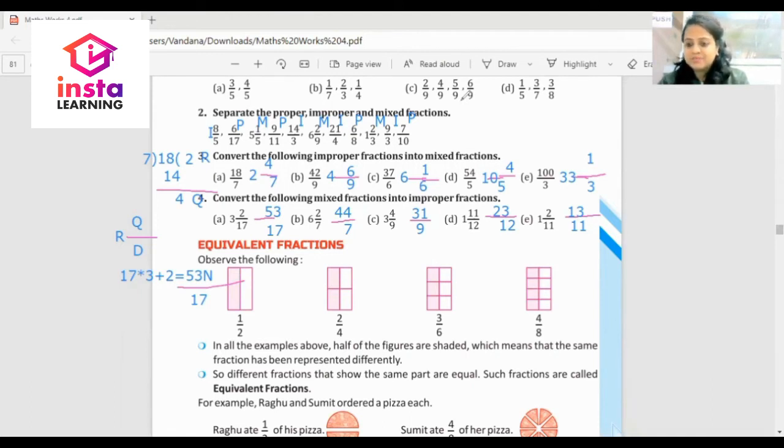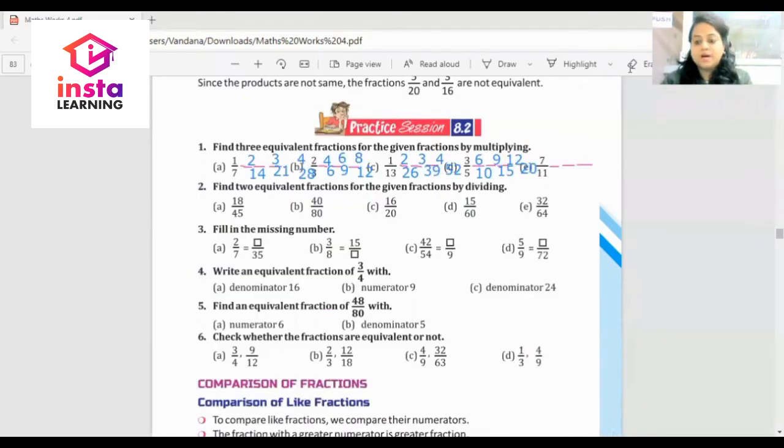Okay, students? Yes. Now students, it's your exercise 8.2. Find 3 equivalent fractions for the given fractions by multiplying. So students, you have to do the multiplication in both numerator and denominator. Value should be same. Okay. So just start from this number 1 upon 7. And you have to do the multiplication of 2 numbers, 1 multiplied by 2. You will get 2 upon 14,